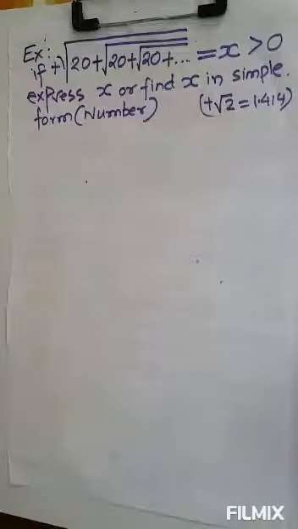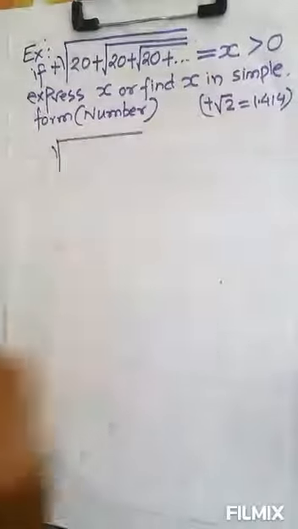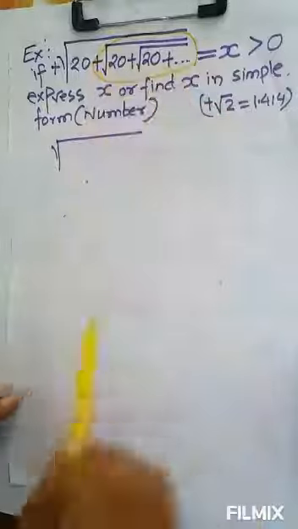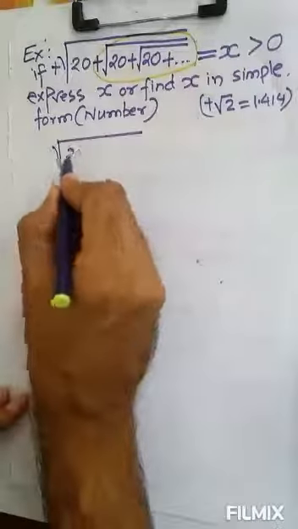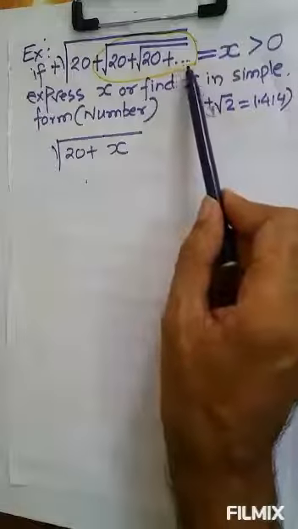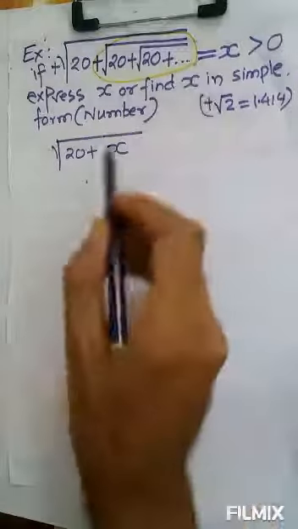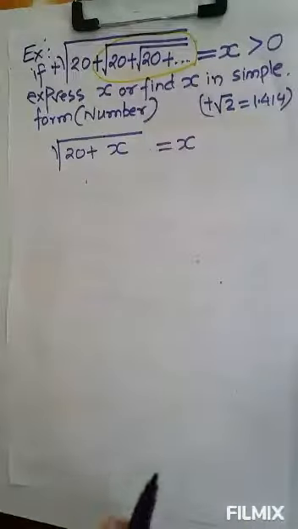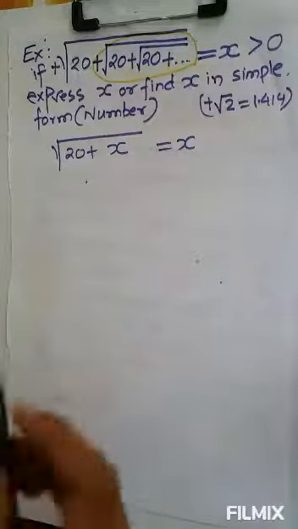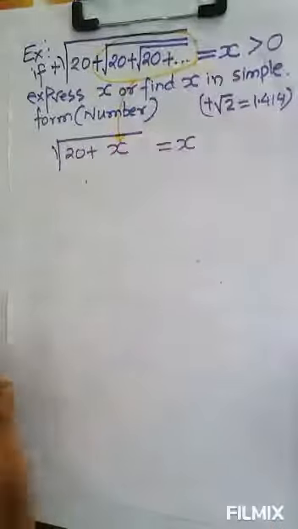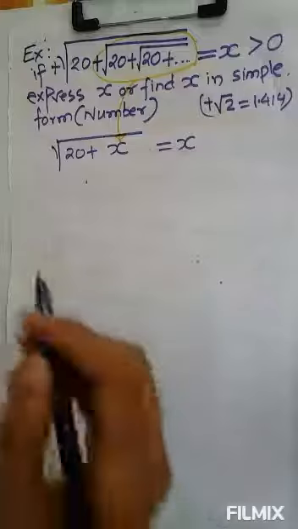x comes up. Second thing is, from here and onwards, if you see, this term is also looking like x only, because it's going on and on till infinity. So we can assume this term also as x. It's like taking a glass of water from an ocean doesn't affect the level of the ocean. We can assume that this whole thing can also be assumed as x.